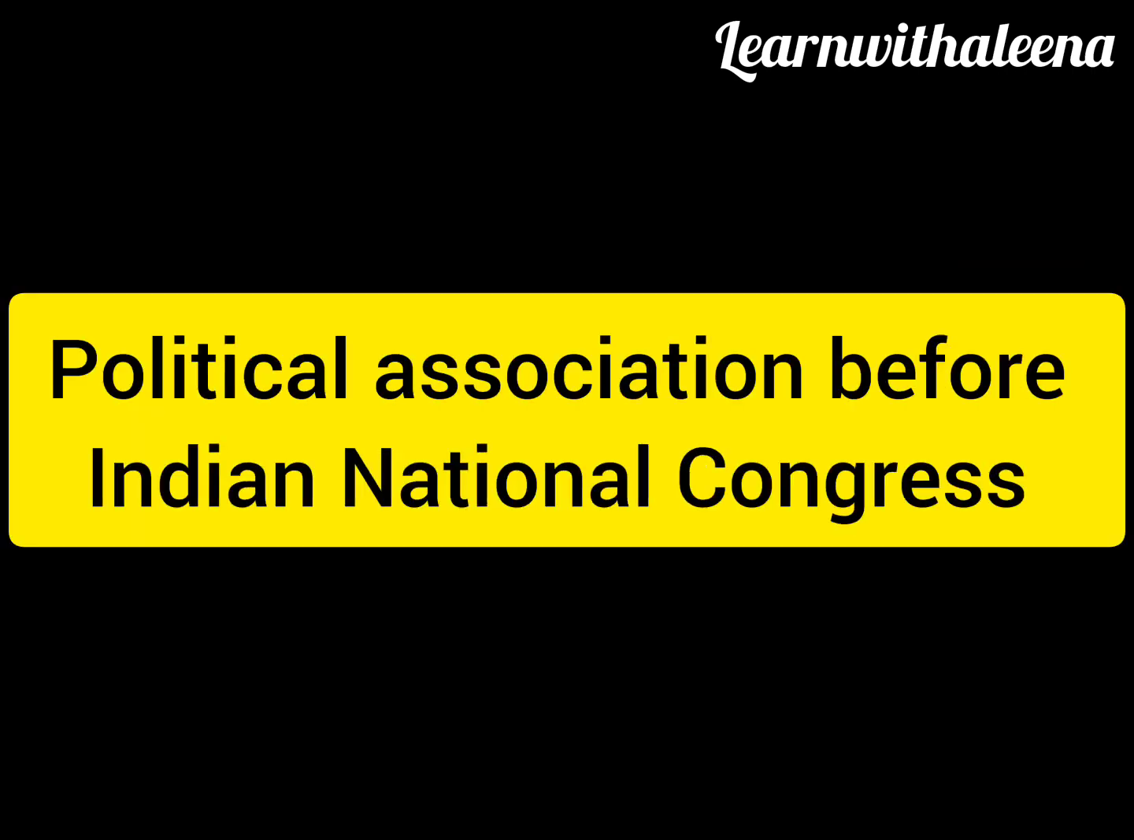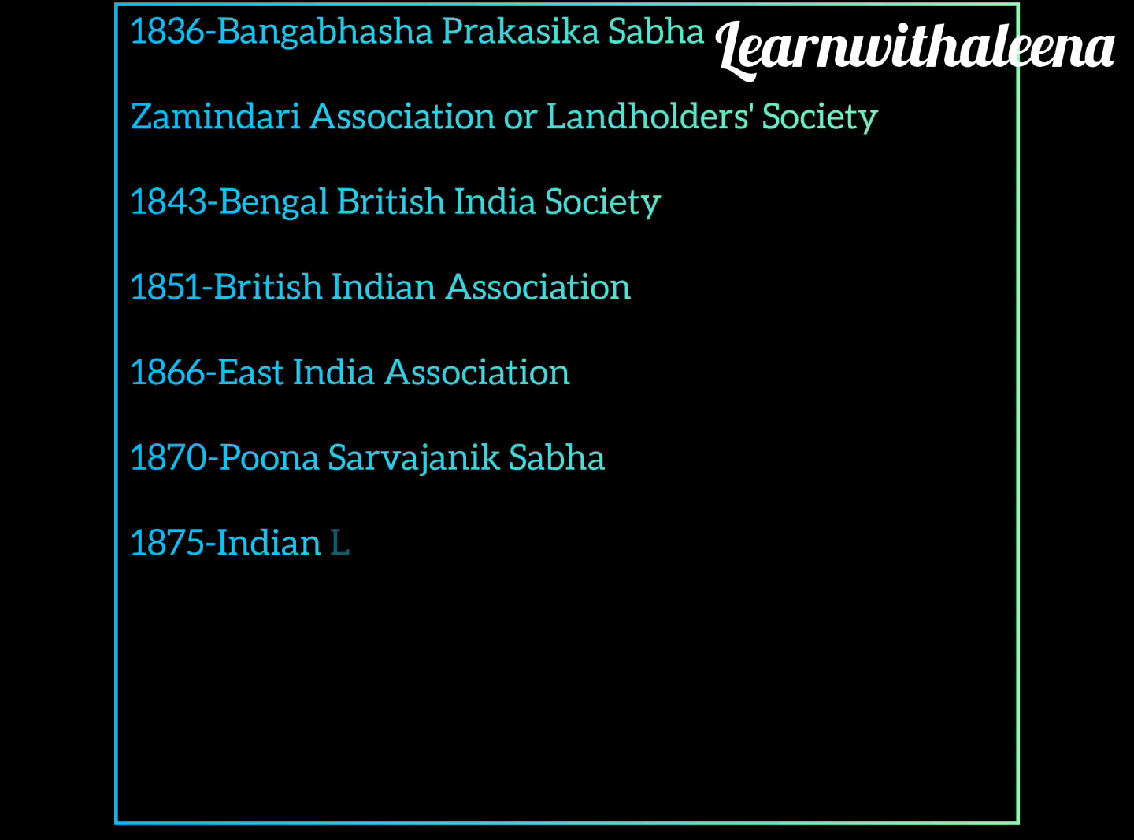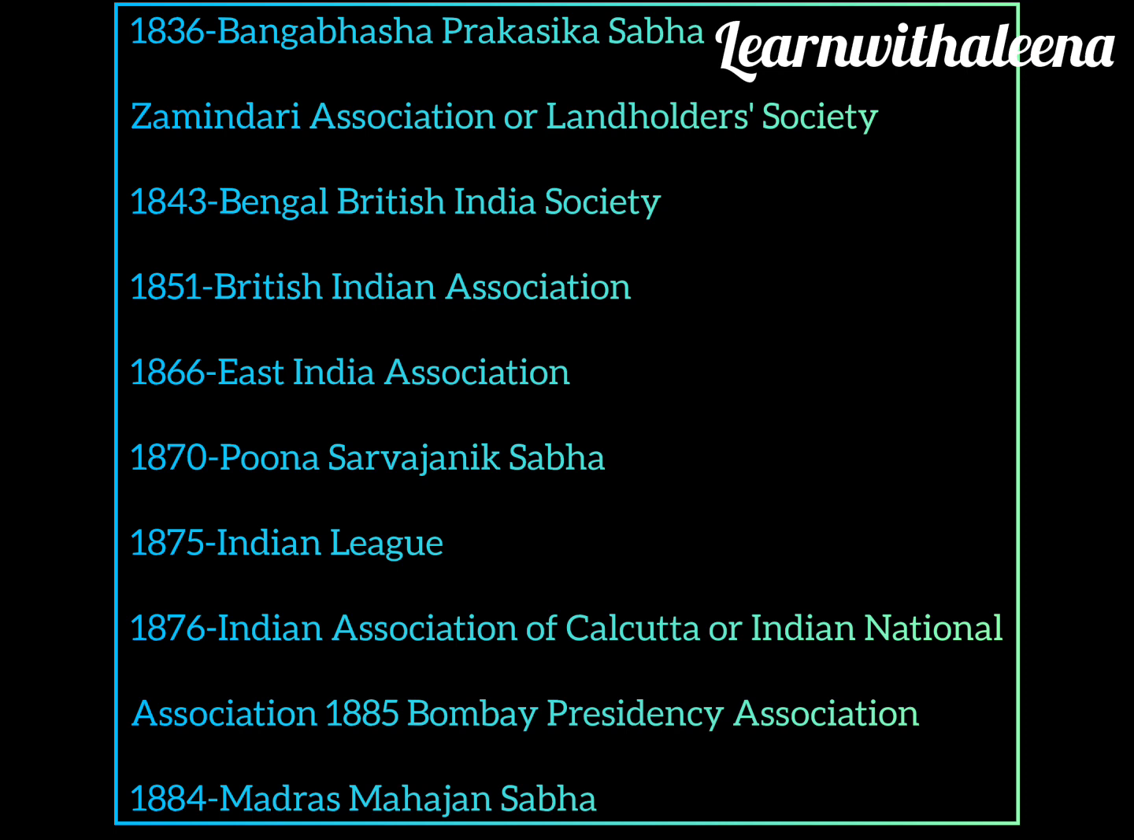Political associations before the Indian National Congress. Through long petitions to the British Parliament, most of them demanded administrative reforms, association of Indians with the administration, and spread of education. We have a long list of political associations like in 1836 the Zamindari Association or Landholder Society, in 1843 the Bengal British Indian Society, in 1851 British Indian